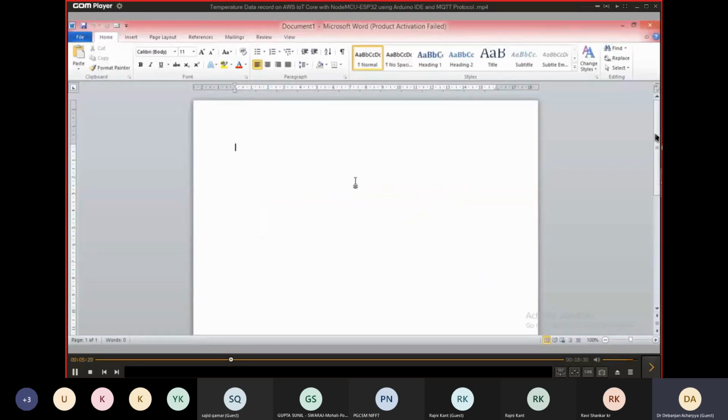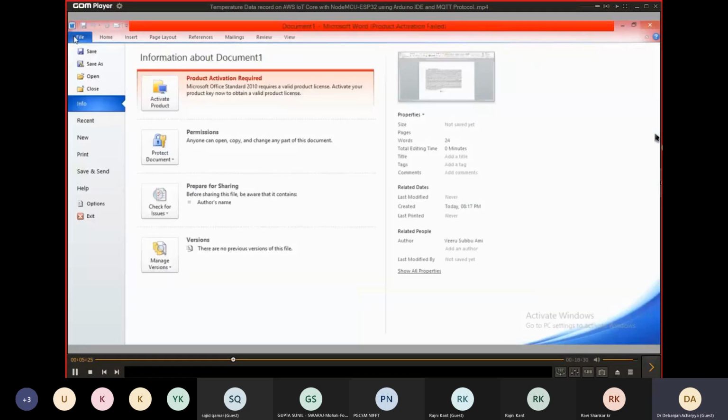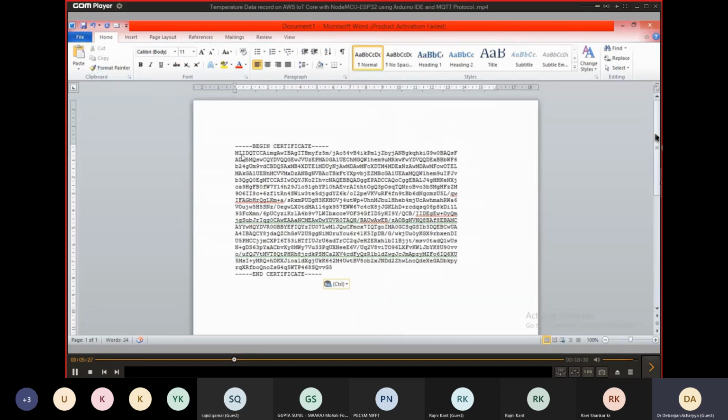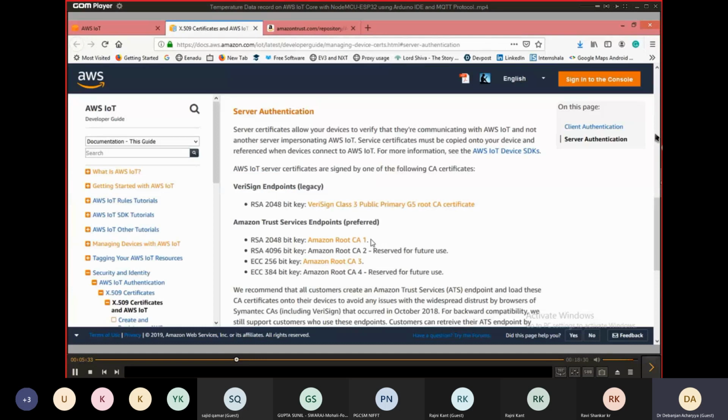Paste this certificate data in that and save it as Amazon Root CA1.